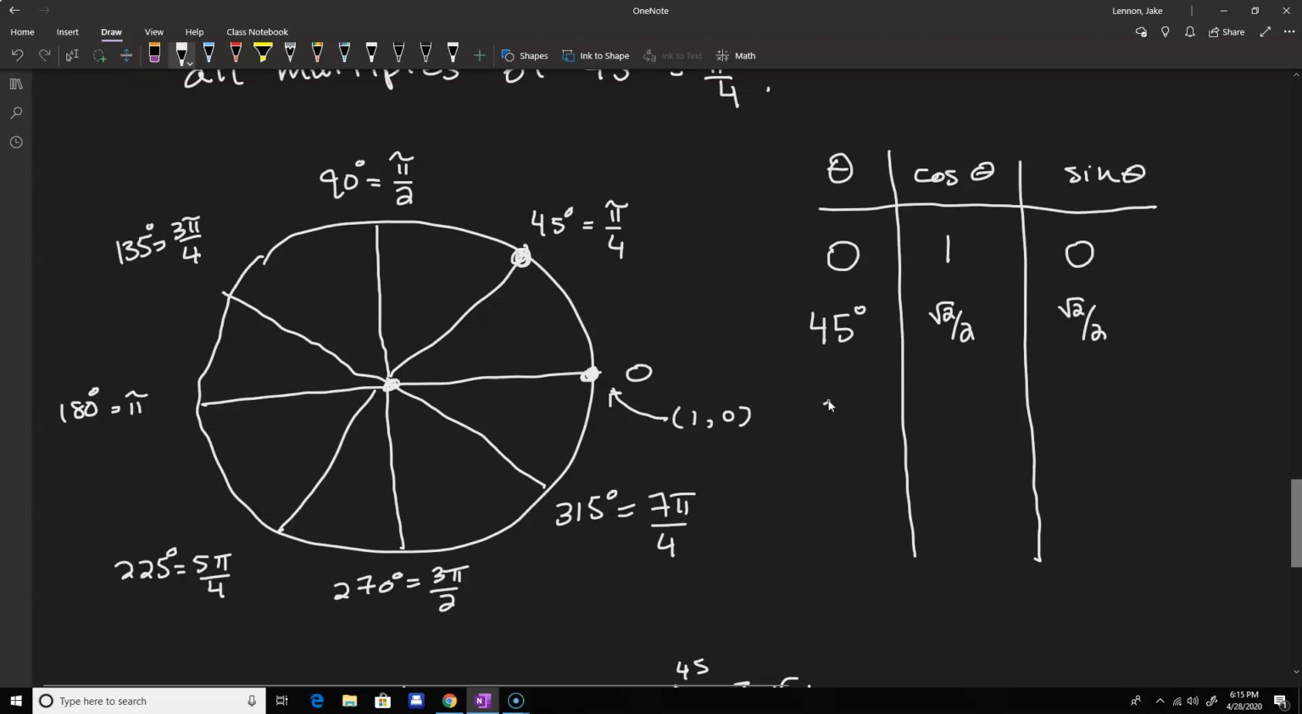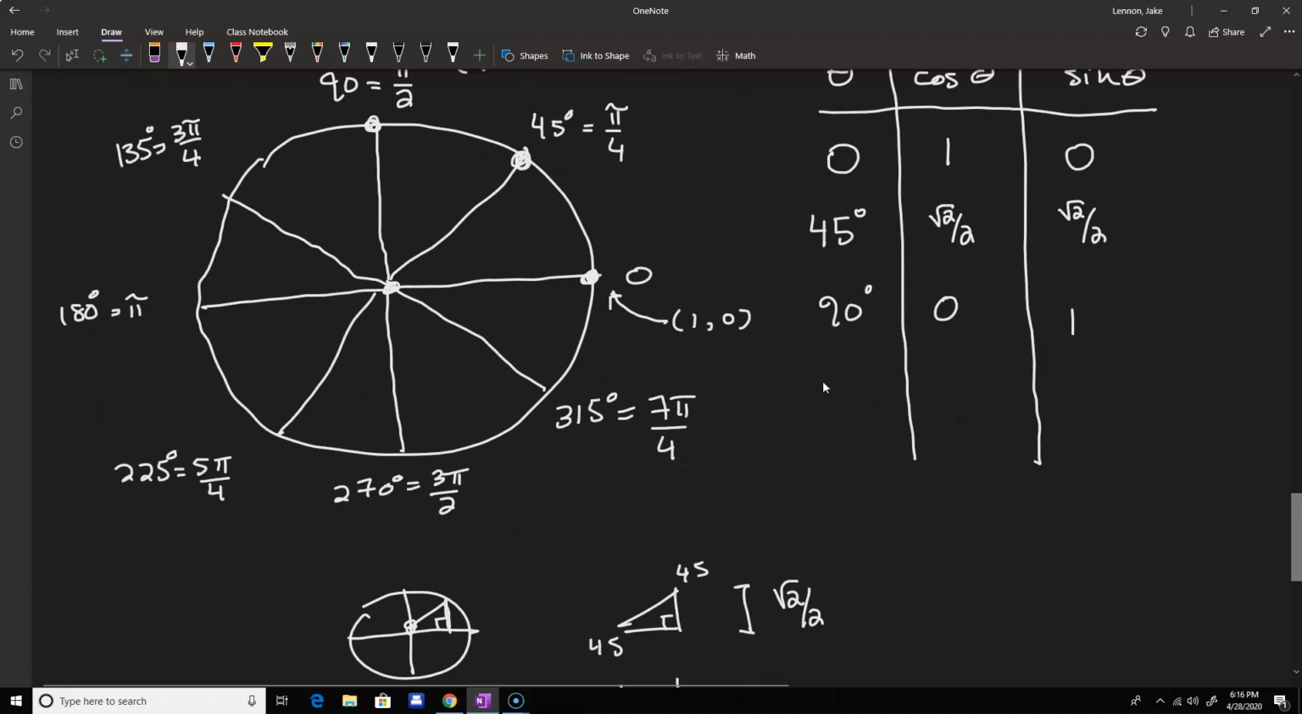Then we can move to the next one, 90 degrees. At 90 degrees, we need to figure out the coordinates of this point. We can't form a triangle again, because if you drop the vertical line, it's going to be right on top, so you're not going to get a triangle, but we can determine the coordinates of that point. The coordinates of that point are 0, 1. So at 90 degrees, the x-coordinate is 0 and the y-coordinate is 1. So for 90 degrees, the cosine is 0 and the sine is 1. And now let's go ahead and move to